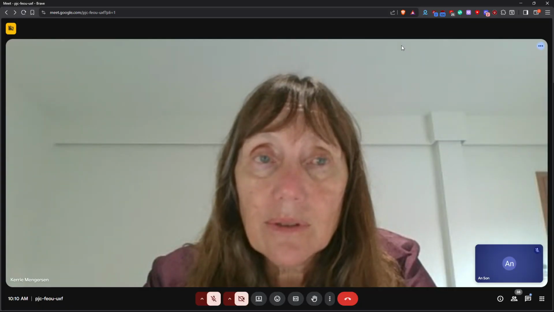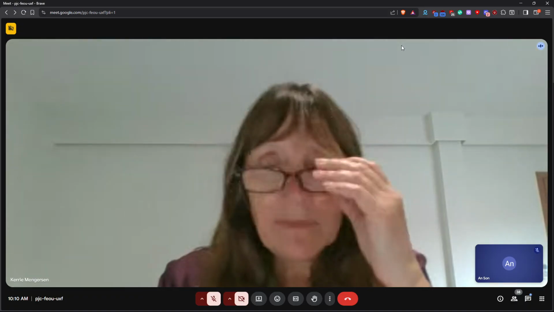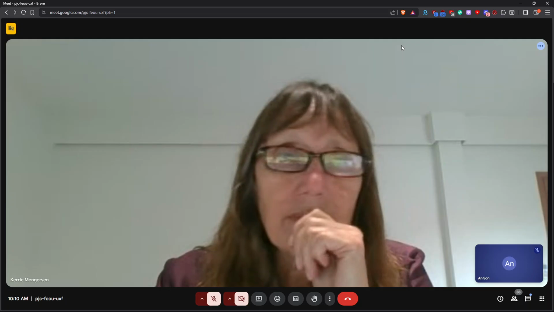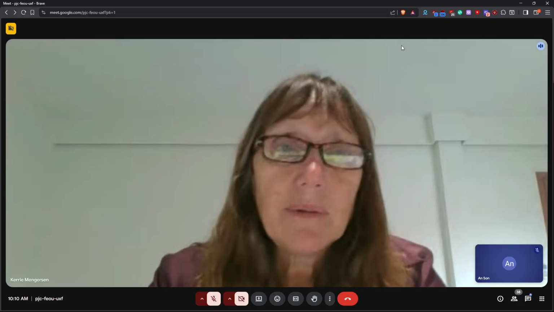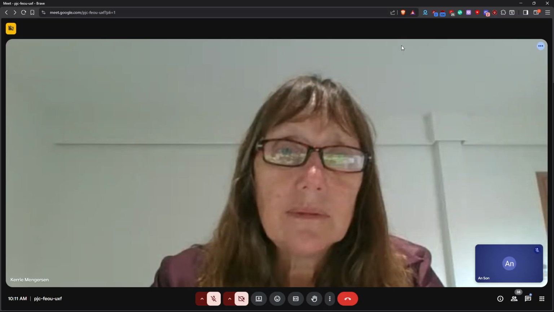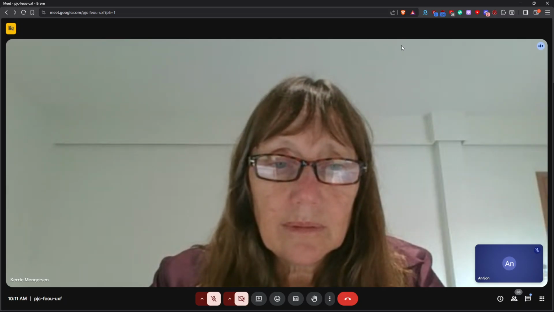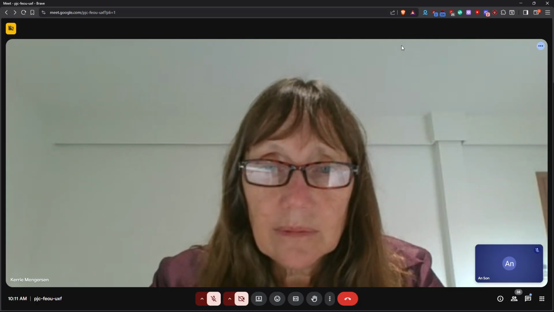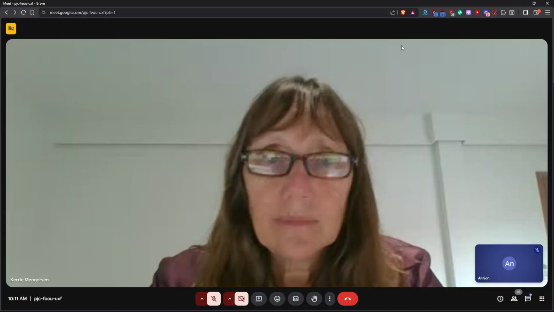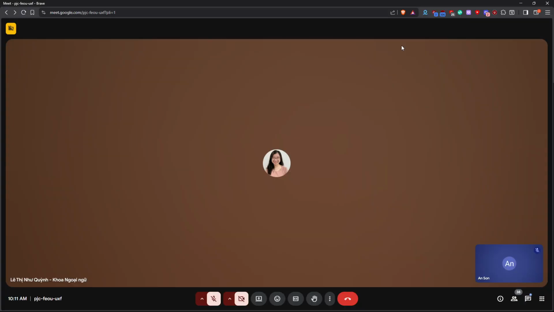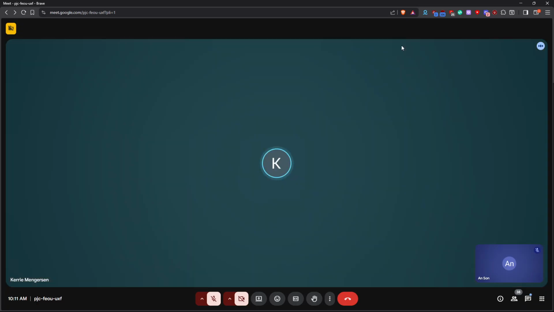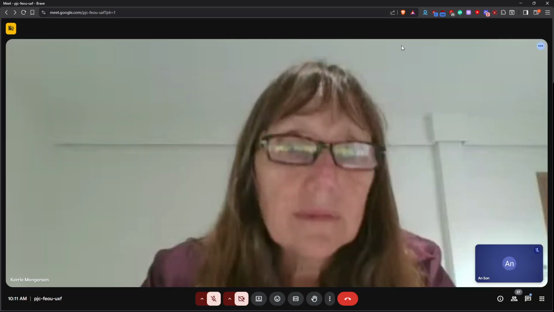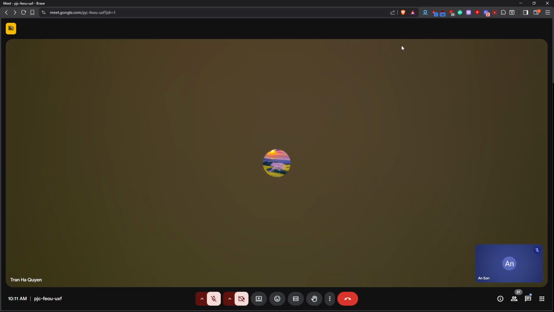Maybe that's true. Okay, maybe I'll try. Maybe you're right. You can right click the file and choose open with, and choose a PDF reader like Foxit. Yes.